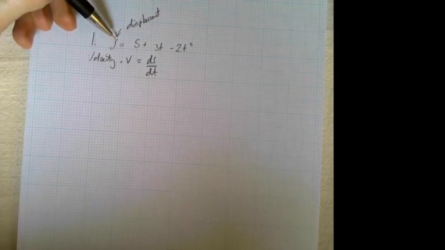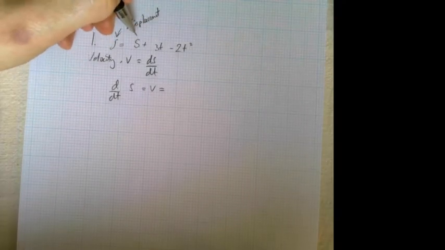So the key to this question was remembering that velocity is the rate of change of displacement with respect to time. So I could say now my velocity v is equal to the rate of change of displacement over time. And just simply by expressing this, it's easy to see that I need to differentiate displacement. So if I differentiate with respect to time displacement,